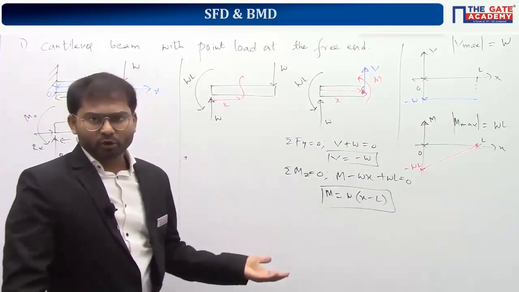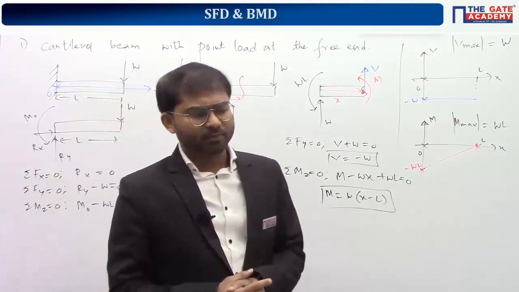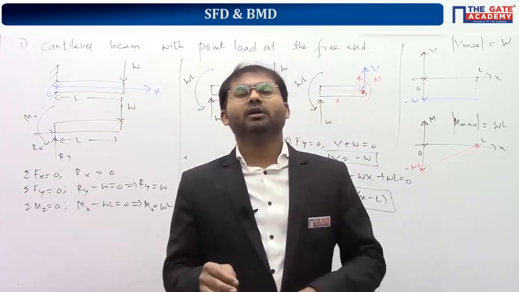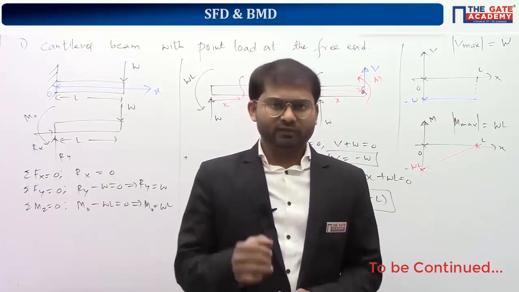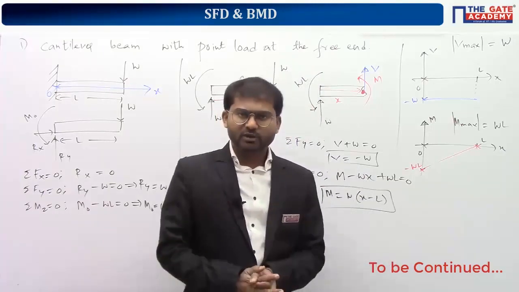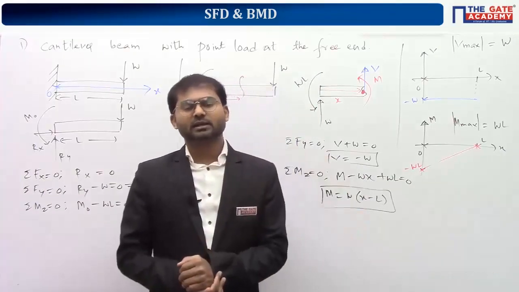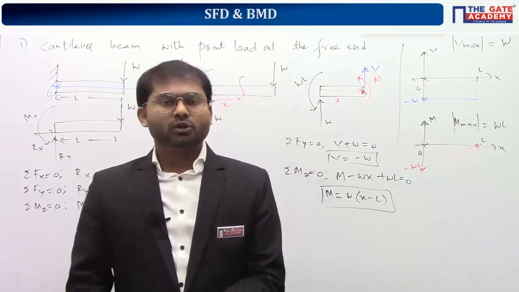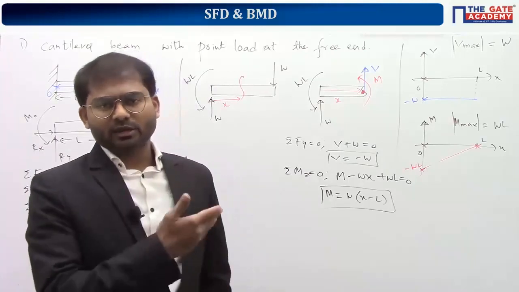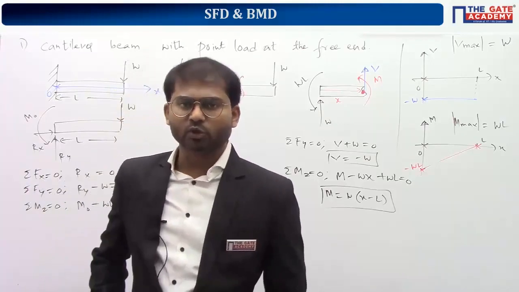Here there is only a point load, that's why this example is very easy. The complication will come when you have multiple point loads along the length of the beam, or when you have distributed loads along the length of the beam. For every type of loading condition there is a method to solve it. We use the same concept, applied in a different way, to get the answer easily. So you guys copy this, and after coming back from the break, we'll go with the second loading condition, that is a cantilever beam with uniformly distributed load.